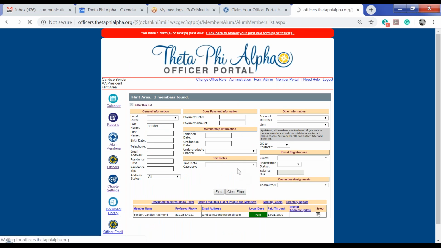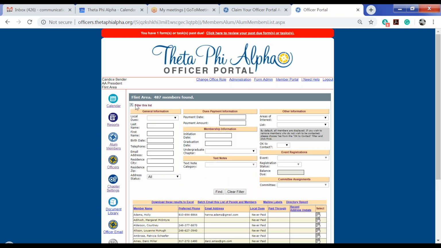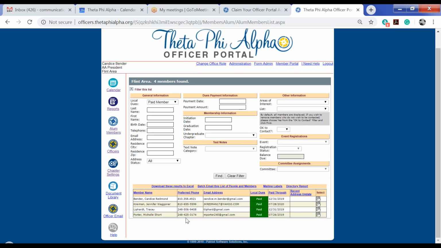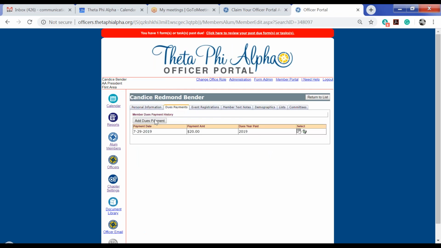So I've done that for a few members within this association just to use as an example. So I'm going to show you when we filter this list now, since I've followed those same steps for a few of the Flint area alumni, I'm going to do a search for paid members. When I do a search, I find 4 paid members within the Flint Area Association. So these are all people that I've gone into their individual member profiles and I've added that dues payment in that second tab, and I've selected